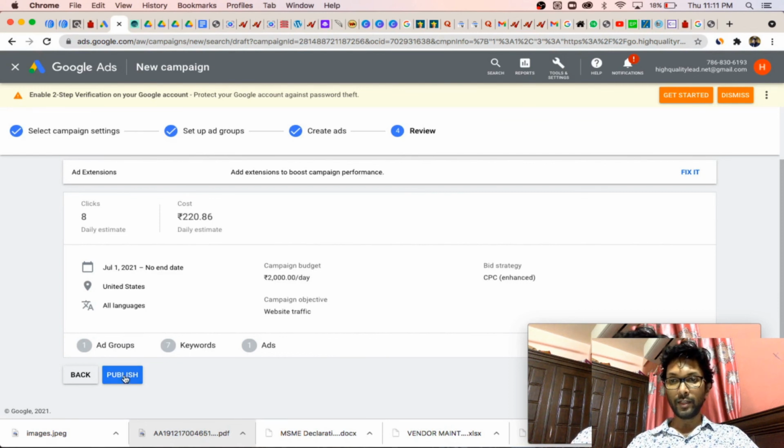Your ad will be approved within an hour. If you do not pause that particular keyword, your ad will be shown to the wrong person and you will waste your money. So that's all about the promotion of the landing page made with Aweber.